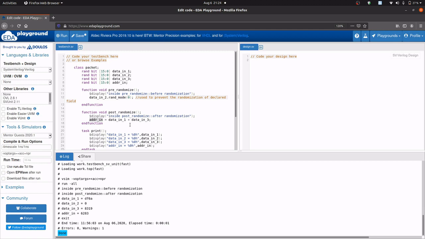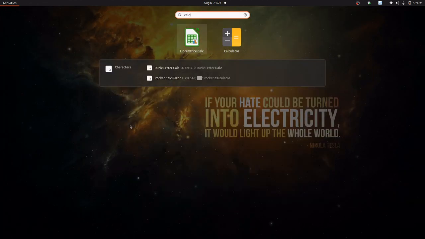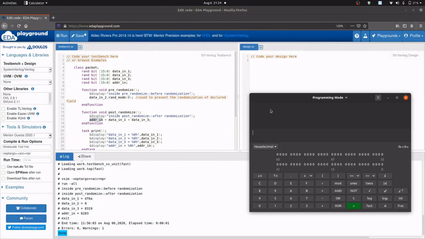Okay, let me check. The value of data_in_1 is df6a plus the value of data_in_3 is 8319. The sum of these two should be address_in. Let me check. This is 16283 and here it is 6283. The 1 is missing. Why? There is a mistake in this code.